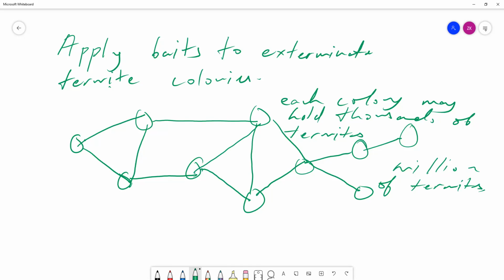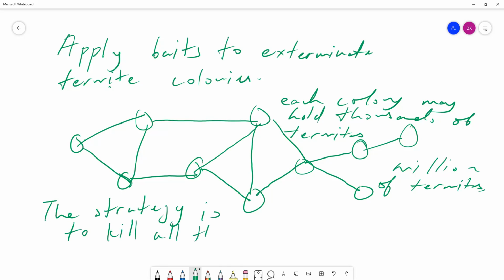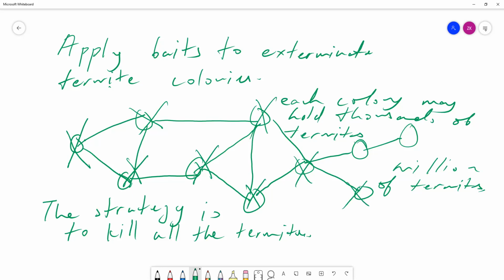So the strategy is to kill all the termites. We do not want an application that only kills or removes one colony, but rather removes all the colonies because they are interconnected. So how can we do that? Okay. Now, in order for us to do that,